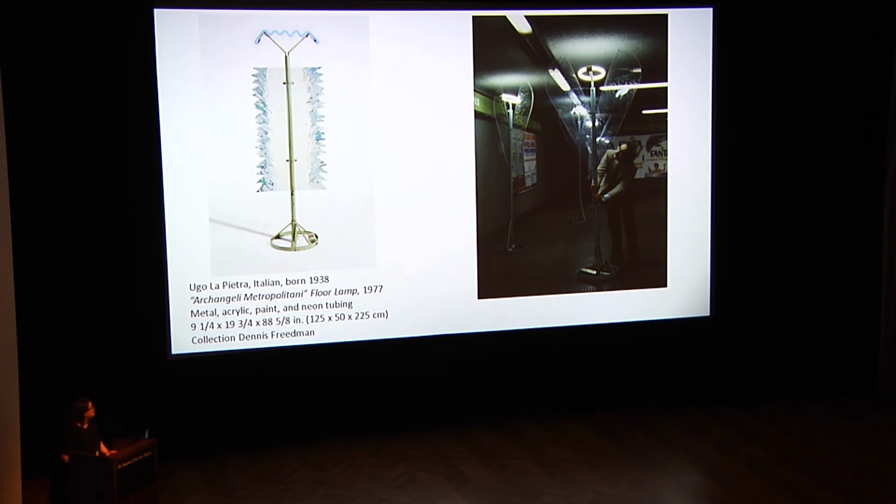One of my favorite projects in the exhibition is Ugo La Pietra's Archangel Metropolitan lamp. You see again the man himself in 1977. He was an architect, a designer, a theorist, a publisher, a writer, a performance artist. And what he did, here he is in the Milan subway. These poles that you see here were used to hold advertising posters in the Milan subways, or placards. He went and he basically stole about 20 of them, brought them back to his studio, and affixed not only